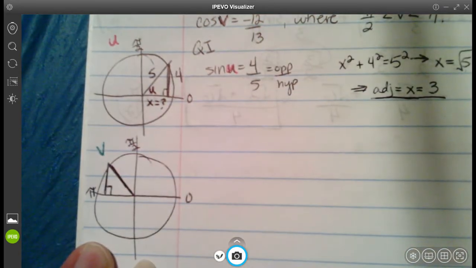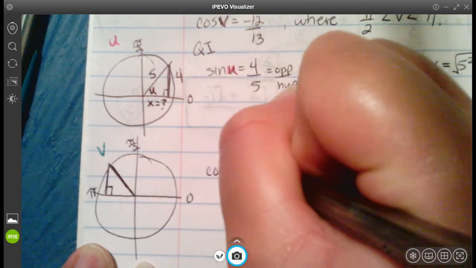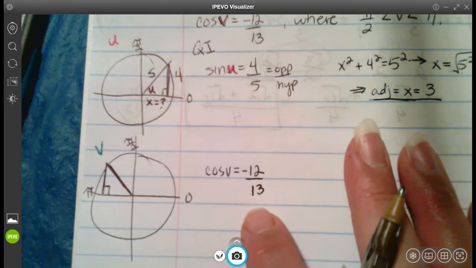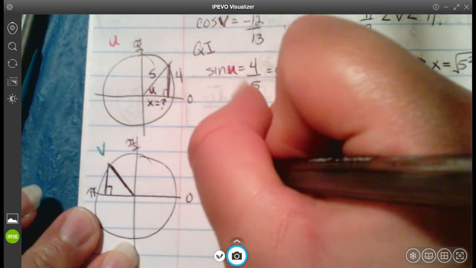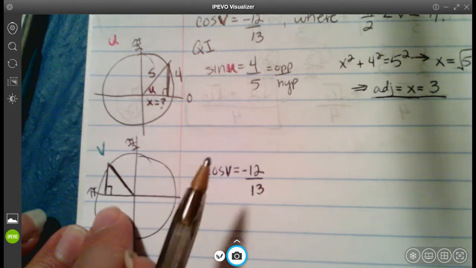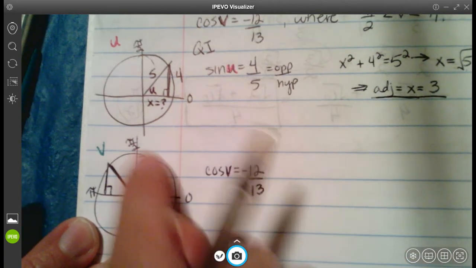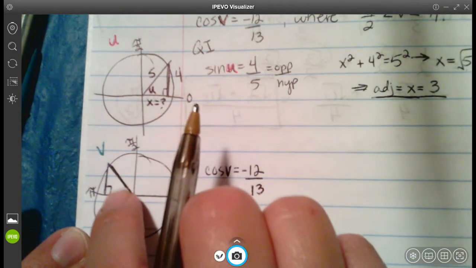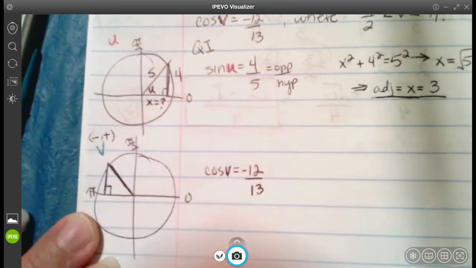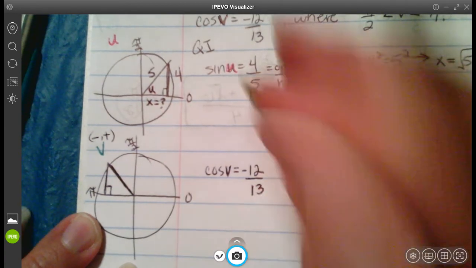triangle. Okay, and I'm going to rewrite the thing right here. Cosine of v equals negative 12 over 13. Remember that when we're trying to find the missing piece, so to speak, when you do the Pythagorean theorem, you assume they're positive, just because of the distances. The negatives at the end, you can put them in depending on which quadrant we're in. Remember in quadrant 2, x is negative and y is positive. Just keep that in mind. So cosine is equal to